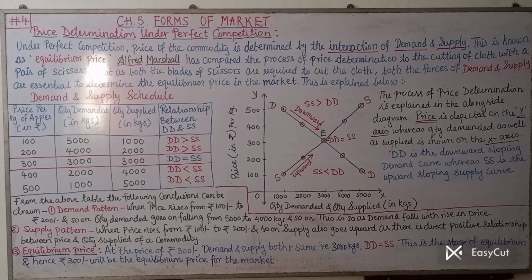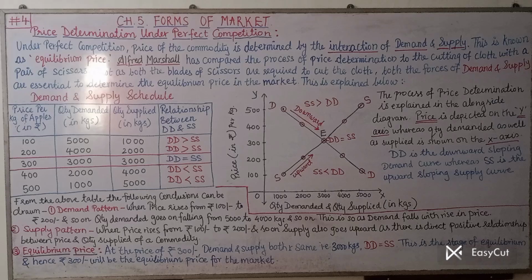As the price goes on rising, supply is also on the rise, because the basic and simple logic behind this is that supply is done by the seller. So as the price rises, the seller's profit margin also rises, and that's why with the rise in price, the seller is interested in supplying more. Any seller is interested in supplying more, and hence there is always a direct positive relationship